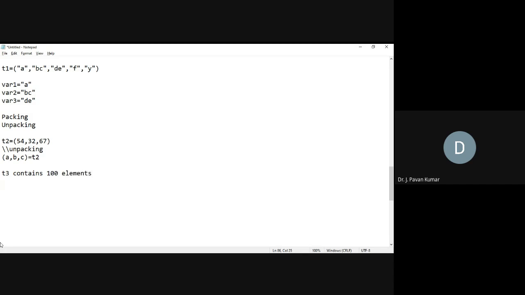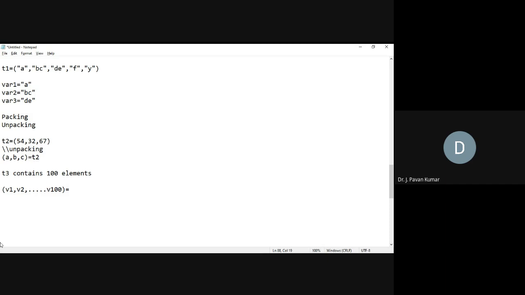In order to consider all these 100 as individual variables, what should we take? We should take 100 variables, like variable 1, variable 2, like this, up to 100. This is a tedious task, right? Typing this itself is a tedious task.